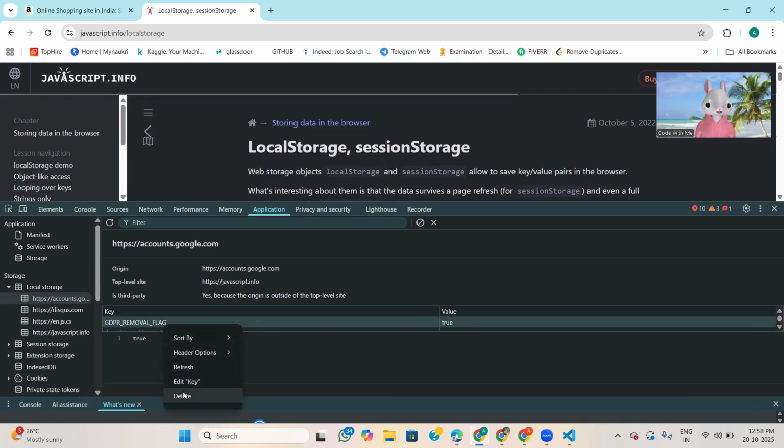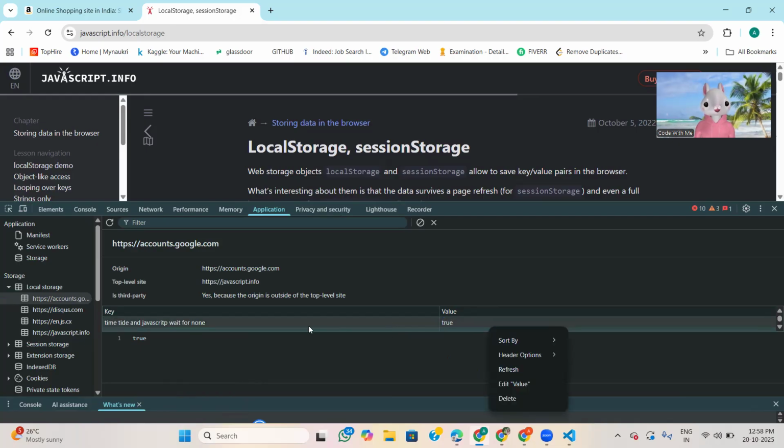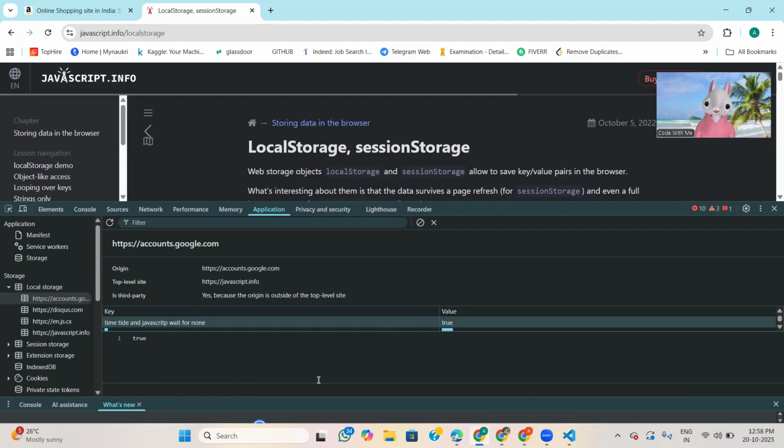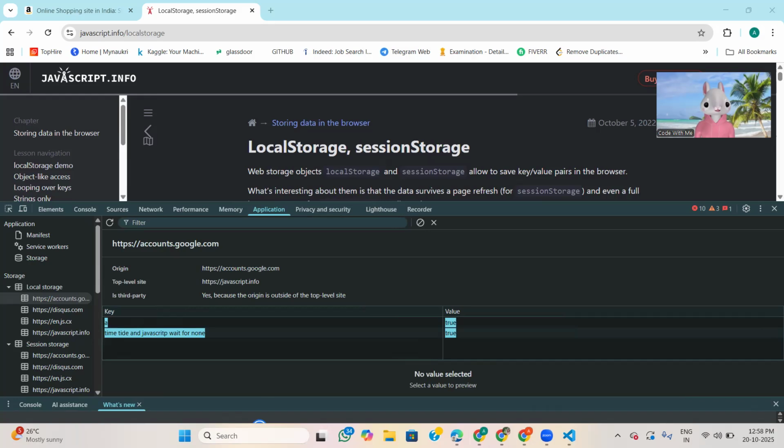If I again write here edit, see, I made these changes in the local storage earlier. Till we delete this, it will remain here. But in session storage, this thing is not there. But in session storage, this one is there. See, even here I have given two things as true.